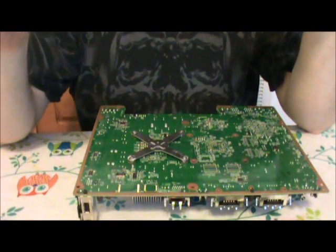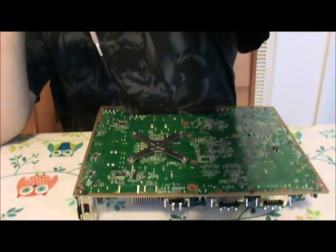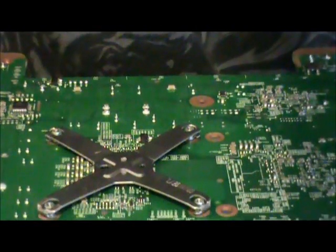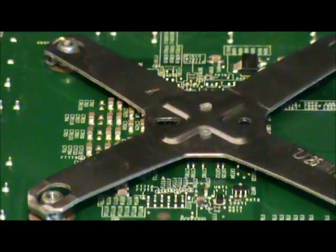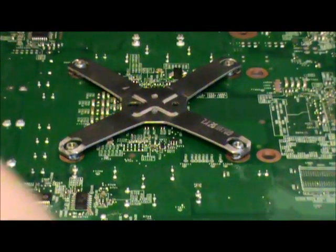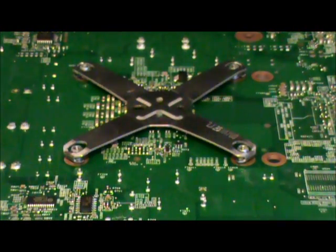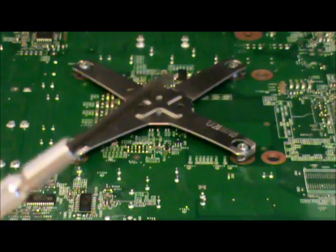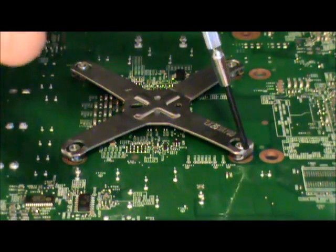Now if you want a real opportunity for disaster, these guys right here are it. Because there are all these lovely tiny little bits and pieces just all over the board, and the opportunity to accidentally break one of those is pretty phenomenal, let me tell you what. Now then, to get these off, I like to use a nice little precision screwdriver, and then very, very carefully and gently get in here,